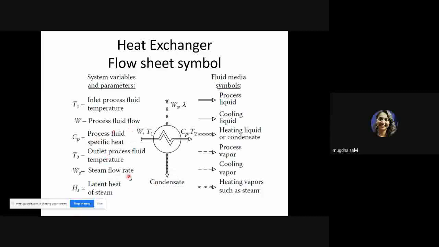So whenever we are considering any heat exchange, temperature and fluid flow are the two parameters on which we will design the control system. Also, we need to consider pressure inside the heat exchanger or pressure of the steam that is entering the heat exchanger. That also allows us a control parameter.